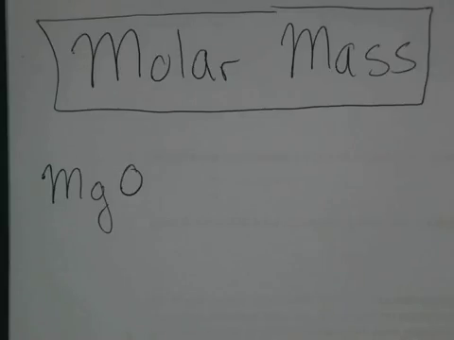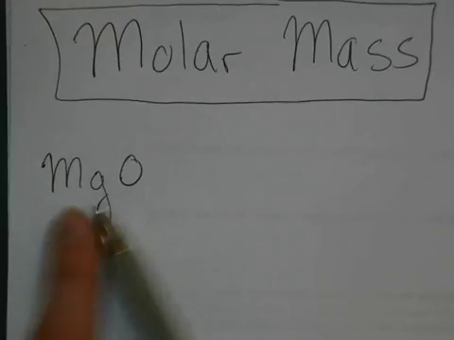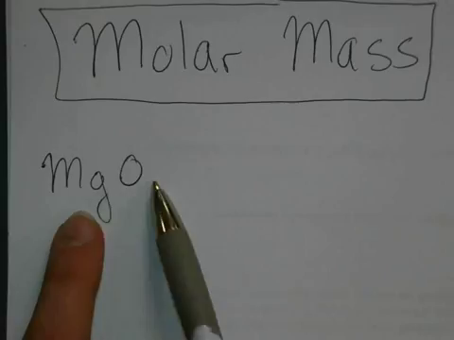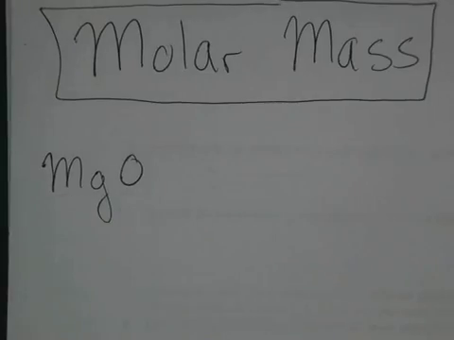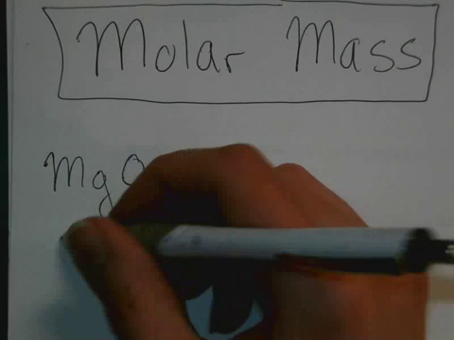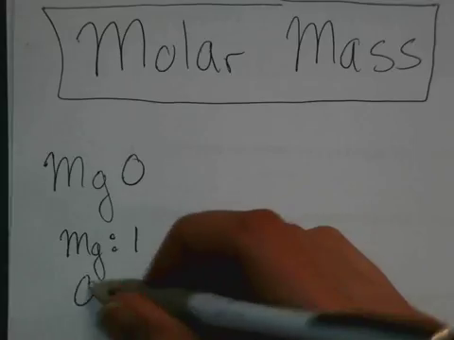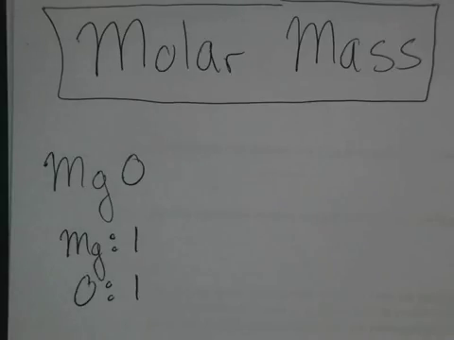In this video, we're going to be calculating molar mass for different formulas. In my previous video, we looked at counting atoms in a formula, and we looked at the number in the bottom right corner right next to our element. So in this case, MgO, I don't have any subscripts in the bottom right corner right next to my elements, so it is assumed that I have one of each of these. So I would have magnesium, I only have one of them, and oxygen, I only have one oxygen